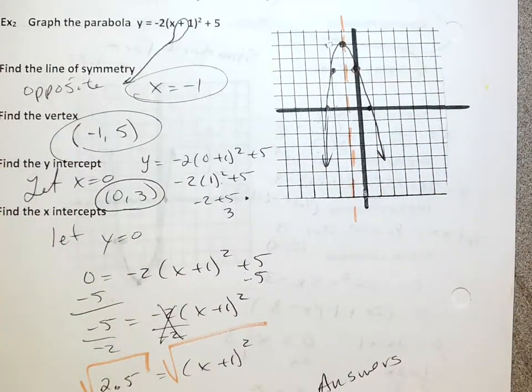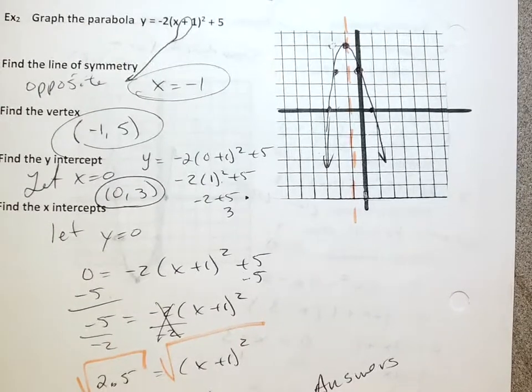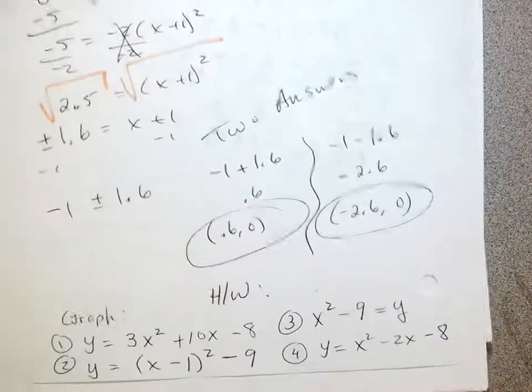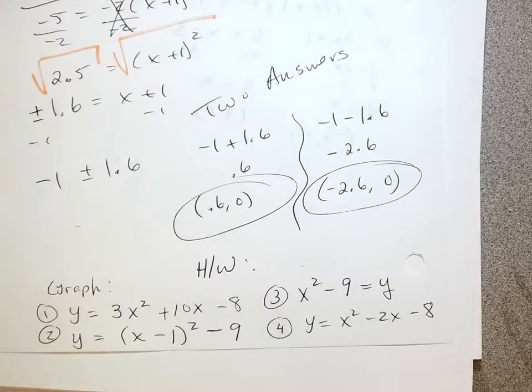Now, homework. It's not out of the book. I gave you 4 graphs. We have 4 graphs to graph. So if you're absent, there's the 4 graphs. The homework, and we are